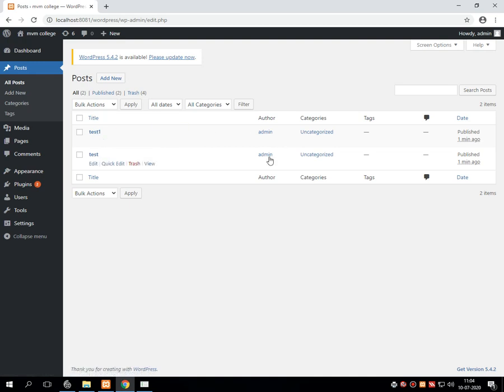Now in this listing we can see the title of the post and the author of the post. Right now we have not introduced any category, so it shows uncategorized. We'll see what a category is later on. Without any tag, that is hashtag, and without any comments, this post is published, along with the time when it got published. So all this information you will get from this particular listing.